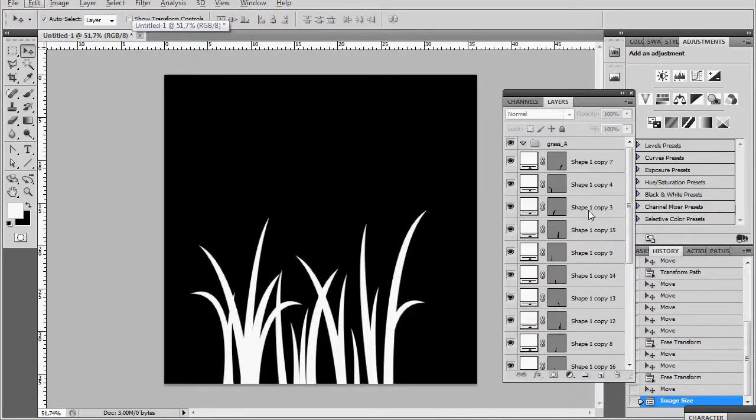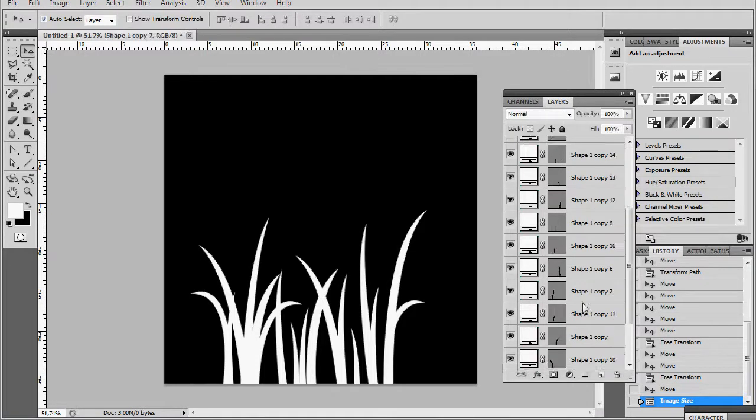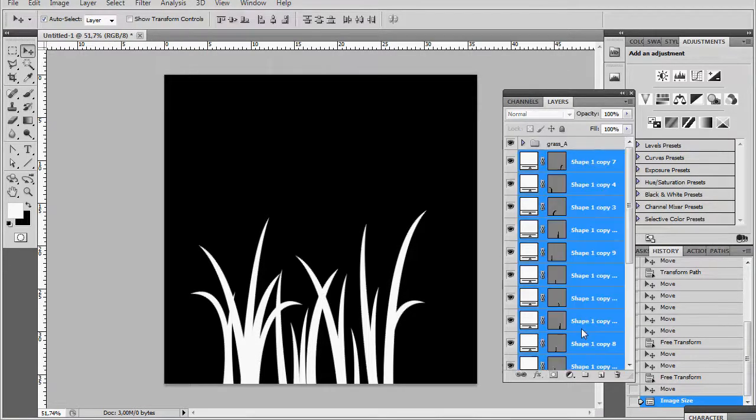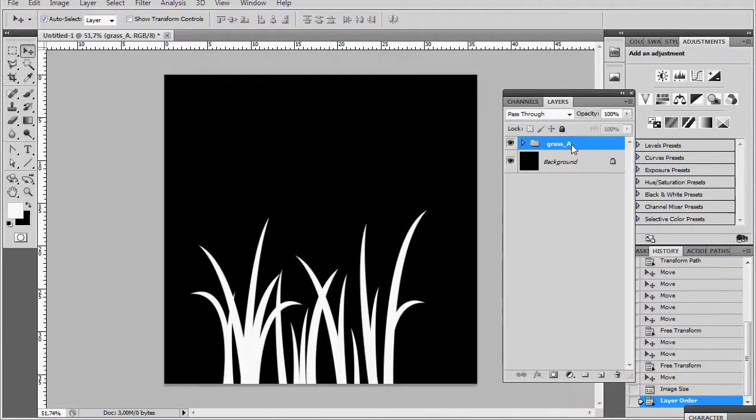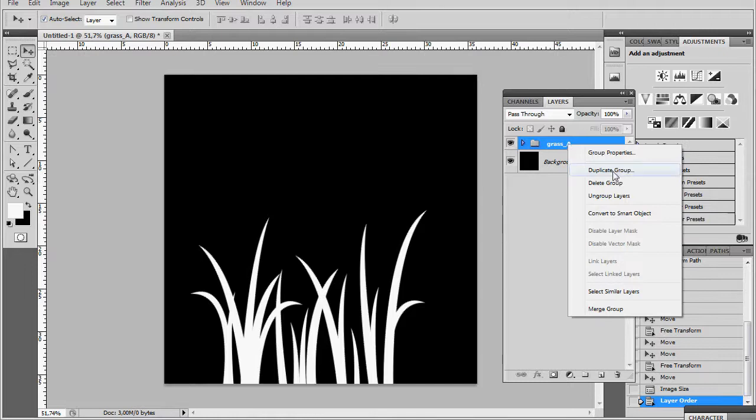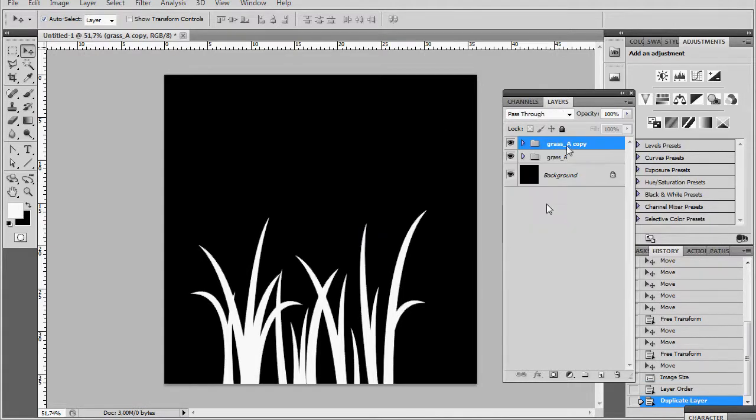Now what we're going to do, this will be the alpha of our grass. So all these layers, let's put them inside. And now we're going to do the color. How do we do the color? Okay, so let's just duplicate the layer, and we'll call it grass color. So now let's hide the alpha, and